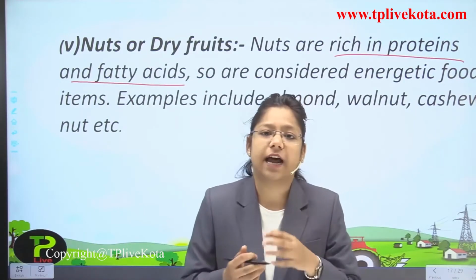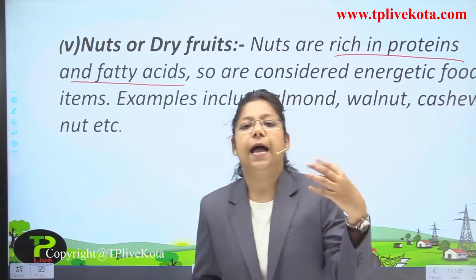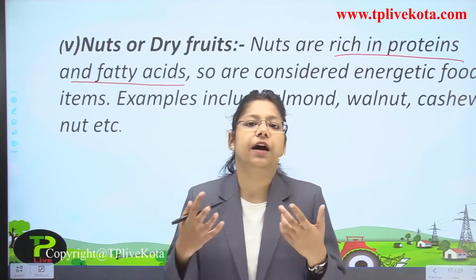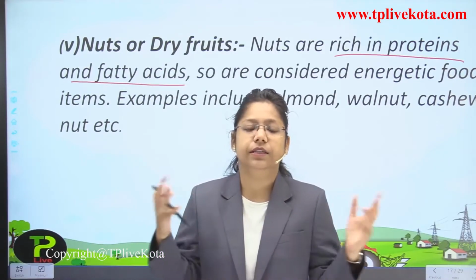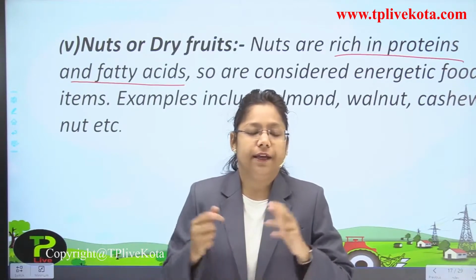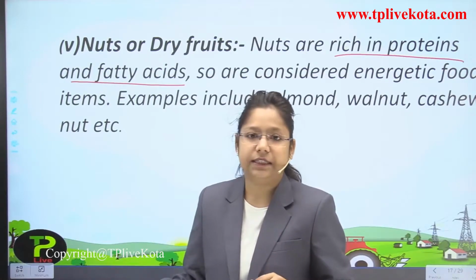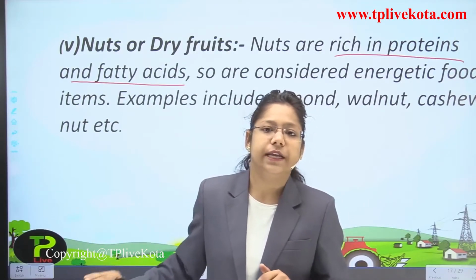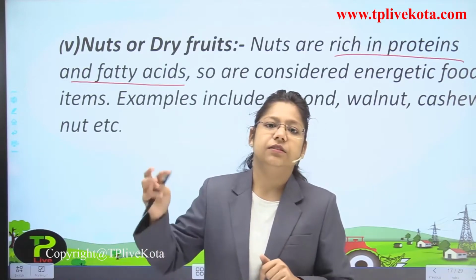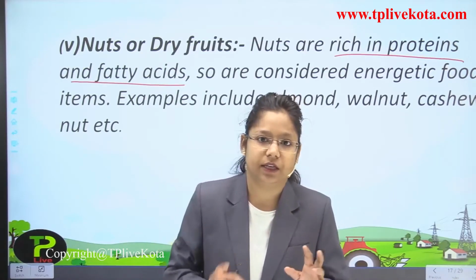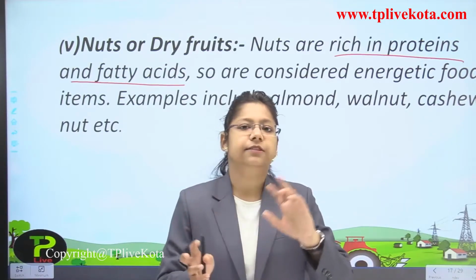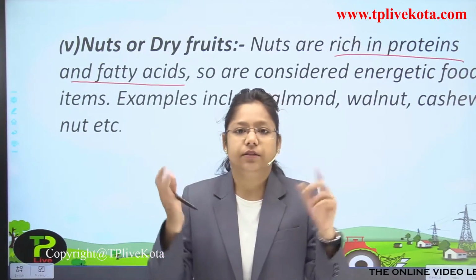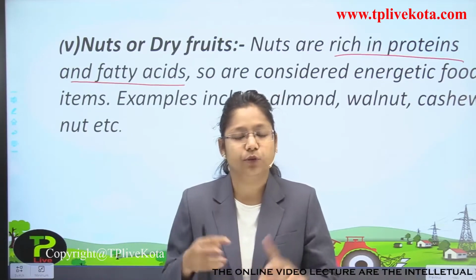They are rich in proteins and fatty acids. So fatty acids are the basic requirement of our body also, and proteins, as I said, they are the building blocks of our body. So we should consume them to make our cells happy, because they require these type of things to grow. Okay, if a small kid is not taking the proper type of balanced diet, means proteins, vitamins, minerals, each and everything, then the body will not grow properly and some kind of problem will arise in the body. And because of this, we should eat cereals, pulses, nuts, fruits, dry fruits, each and everything.